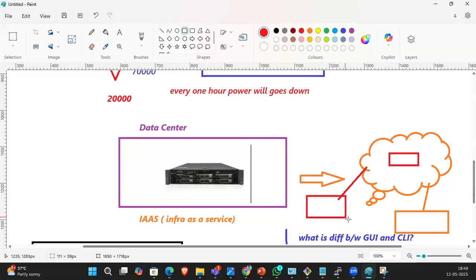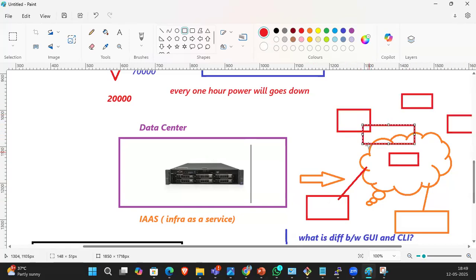AWS, the cloud, is global but region specific. If you want to launch an instance in the US region, you can connect to the console, select the region, and launch the instance.